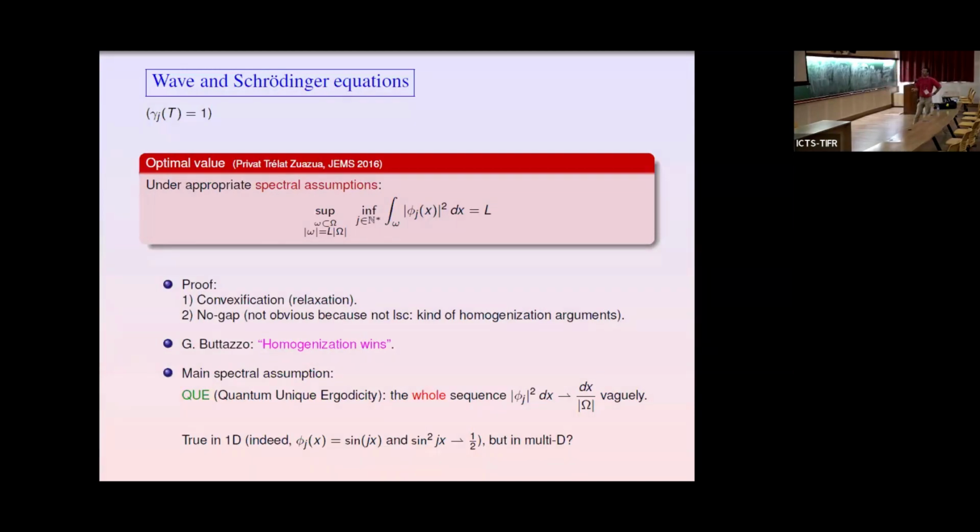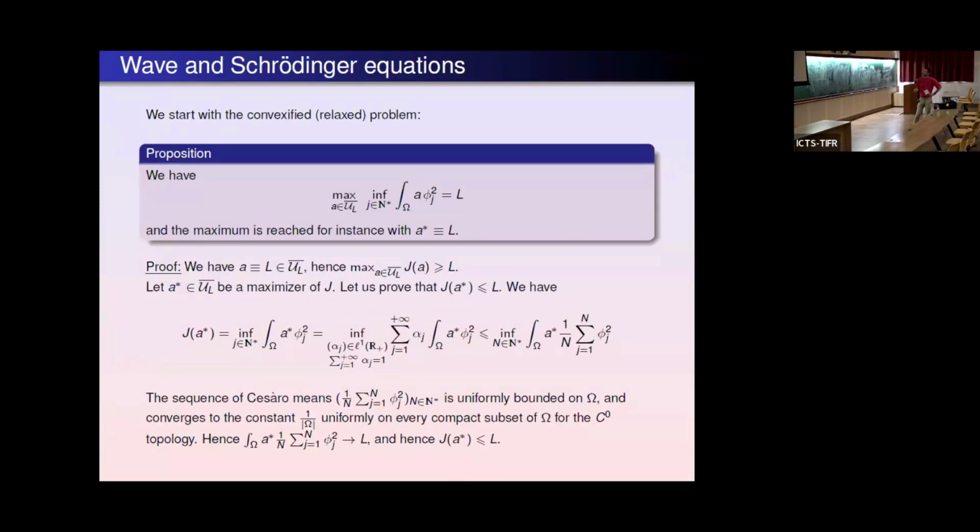So how will we prove that? First, let us come back to the convexified problem. And for the convexified problem, the result is easy. The convexified problem is the problem in which you replace chi omega, the characteristic function of omega, with a function A in U_L bar. In that case, the supremum is a maximum. We already saw that. And so the claim is that this maximum is equal to capital L. And moreover, it's easy to see, the maximum is reached, not only but for instance, with the function A star, which is constantly equal to capital L, that is the constant function,